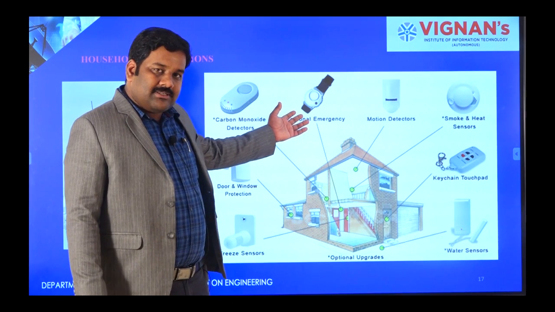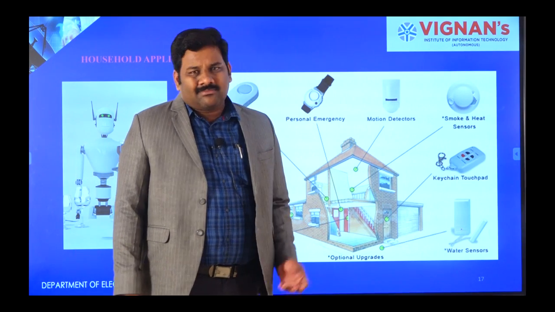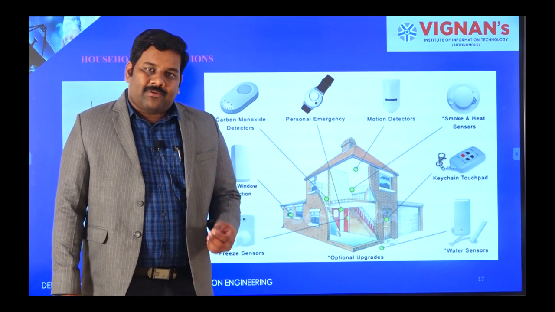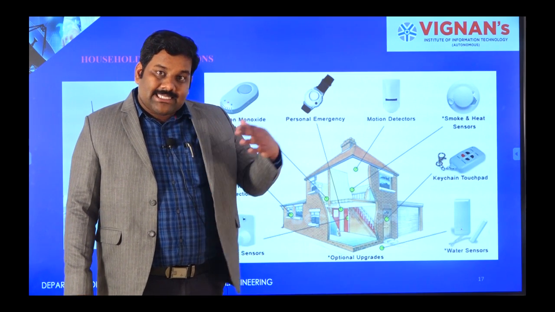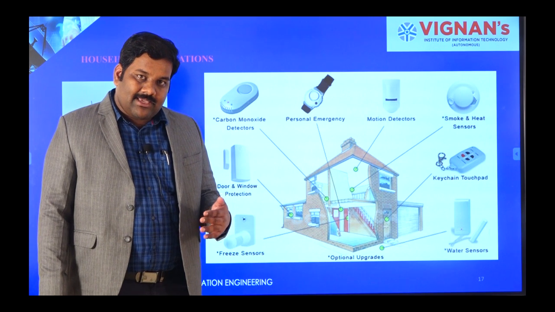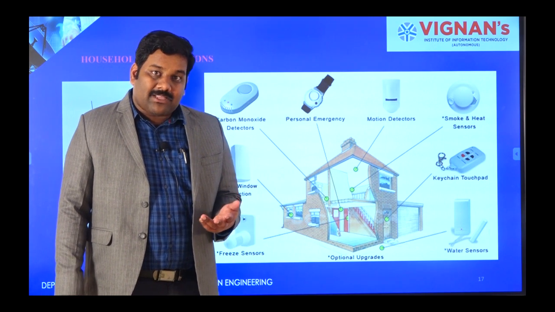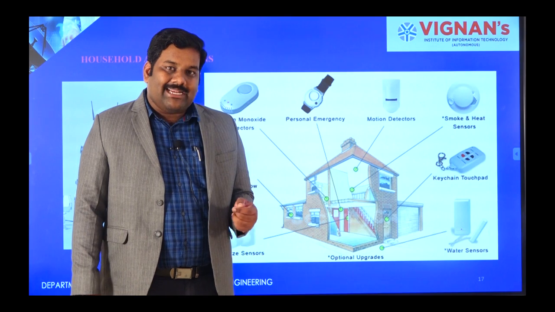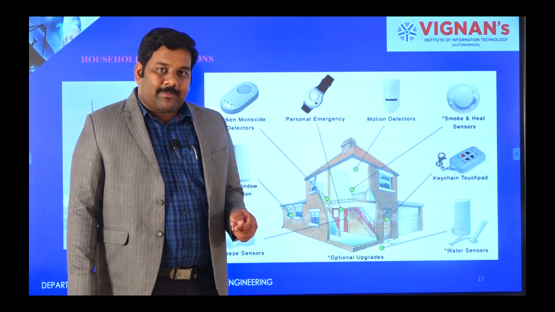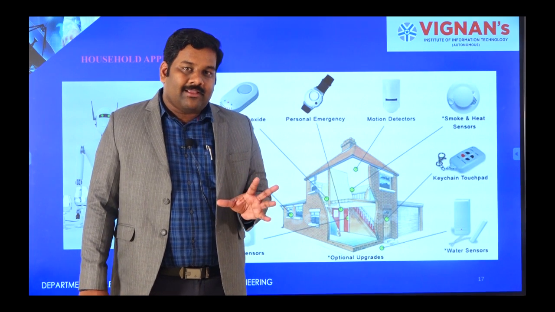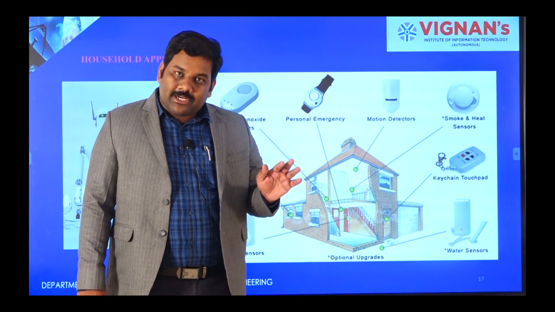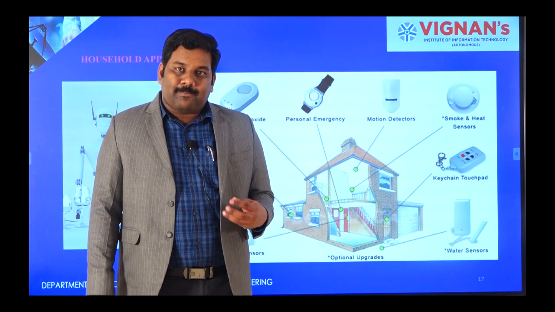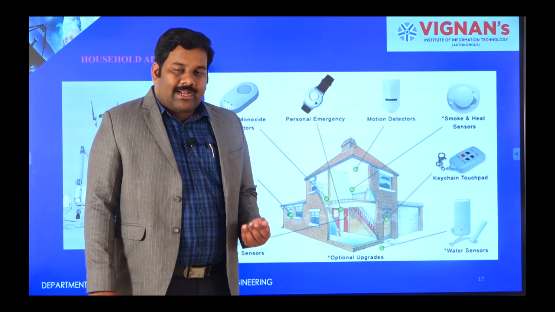Next one is personal emergency. It's like a wristwatch, which is fixed to our hand. If our heartbeat is reduced from 72 to 65 or 63, it means the oxygen level in my body is reducing, so I immediately need medical care. For that purpose, this watch indicates that your oxygen levels are reducing gradually. Before it goes below some minimum level, please provide me pure oxygen. At the same time,